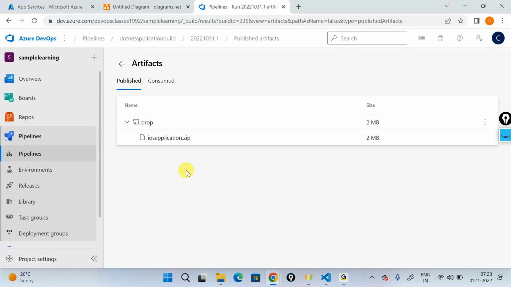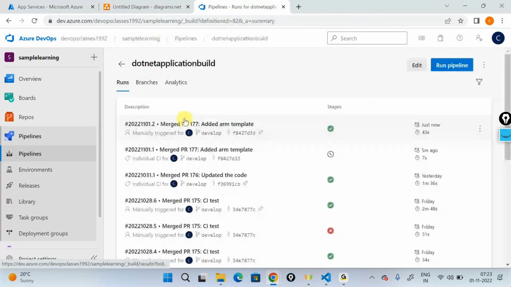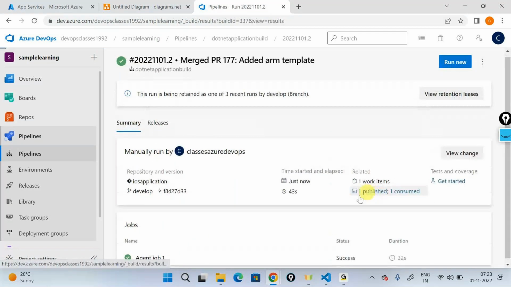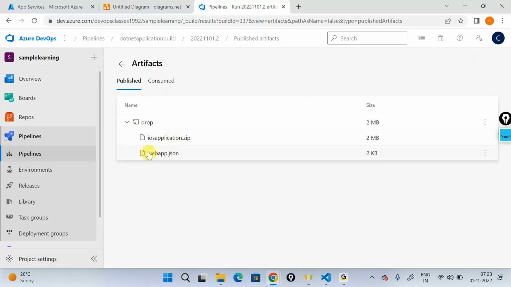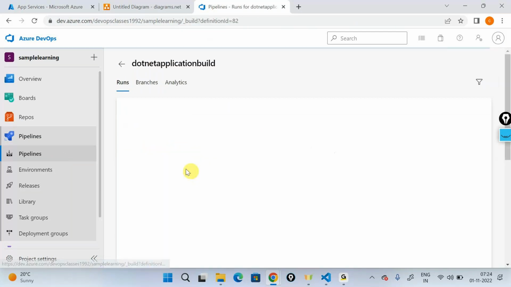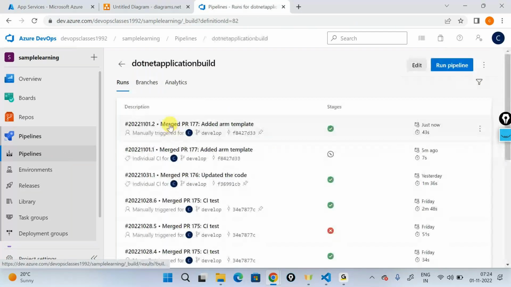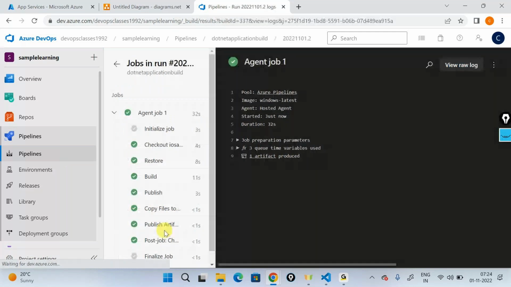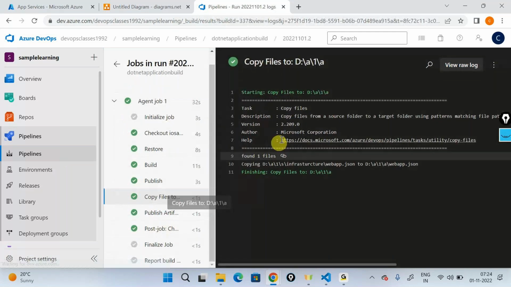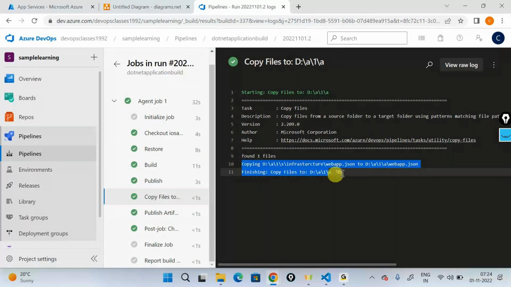This is your artifact. Now, if I come down here, and if you see the latest run right now, this will have two files. One is called iOS application.zip. The other one is called webapp.json. This is because we now have a new task called copy files out here as such. So it's saying, okay, fine, I'm copying the files and so on and so forth. Now, as and when the continuous integration is done,